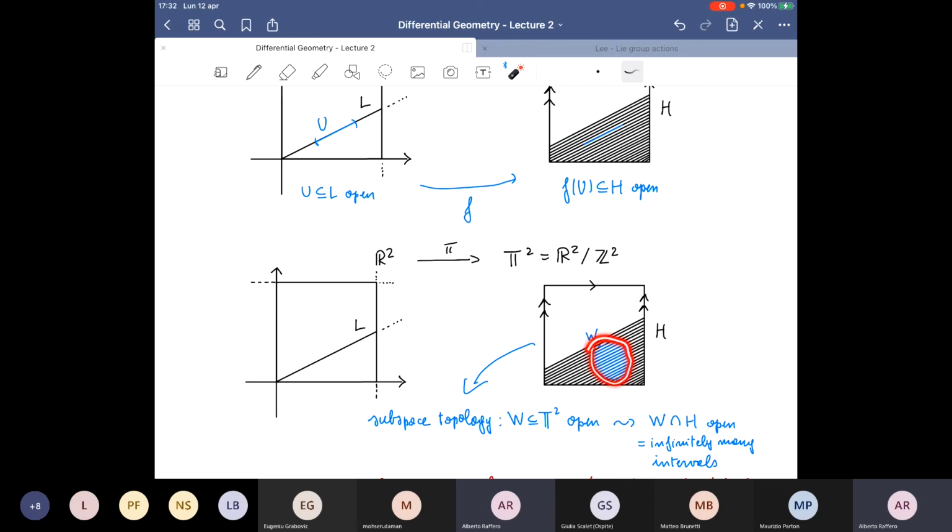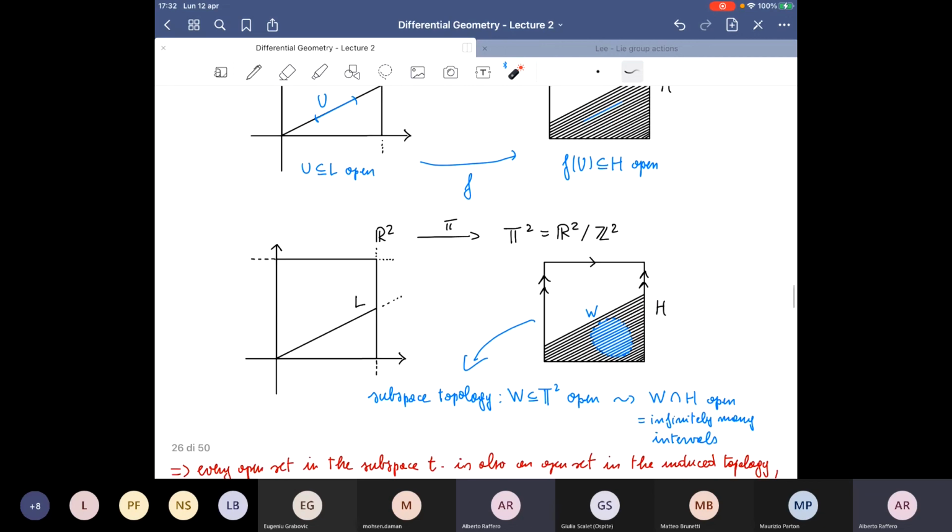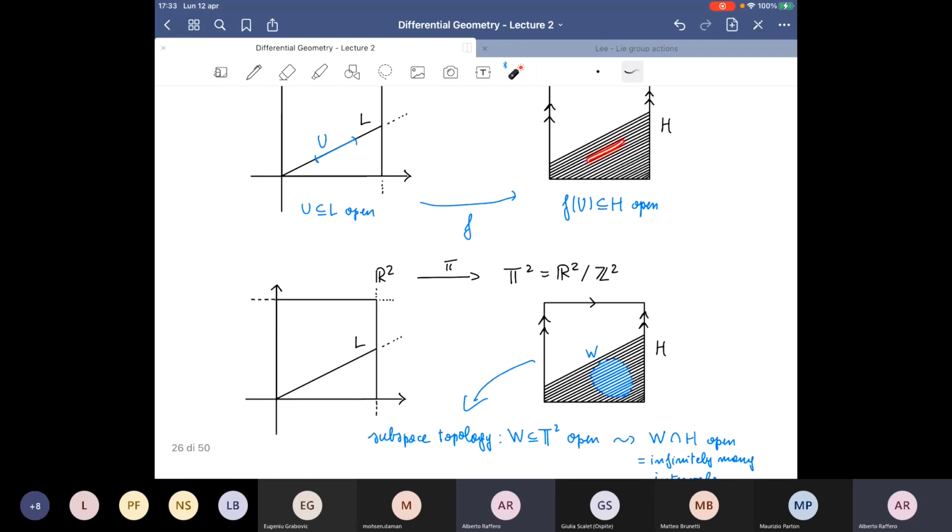This is just one special example you can see. And you declare a subset of H to be open if it is the intersection of H with an open subset of the torus. So what happens here is that now you have infinitely many intervals. And this is because, as I said, if you imagine zooming this picture, then you will get another pattern like this one, with other segments that continue that are really close but do not meet at any time. So as you can see, there is a difference between these two types of open sets.